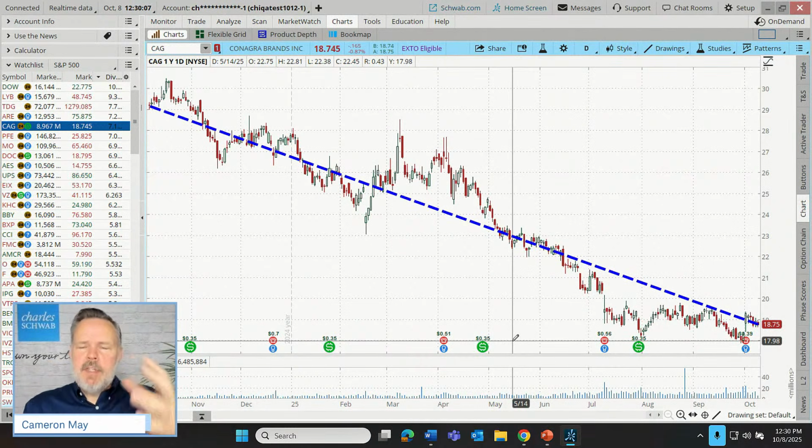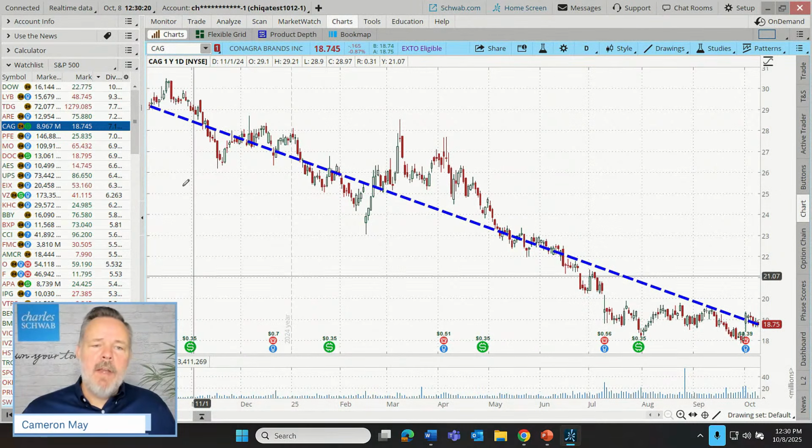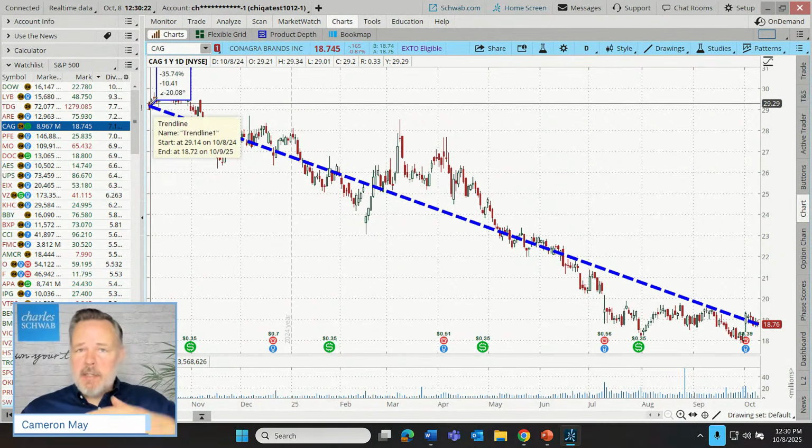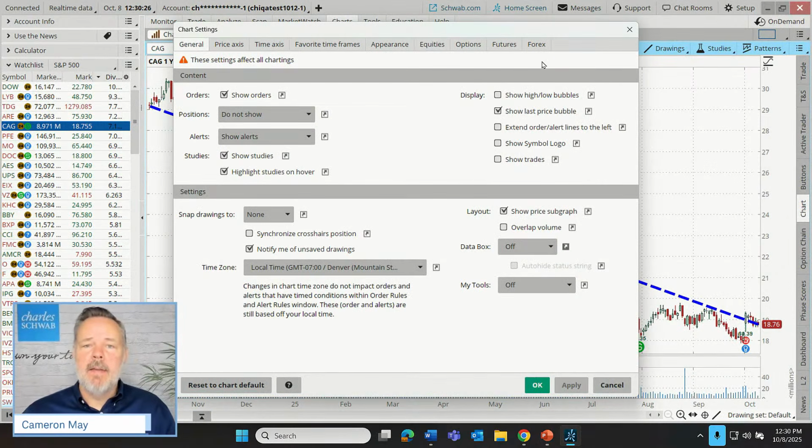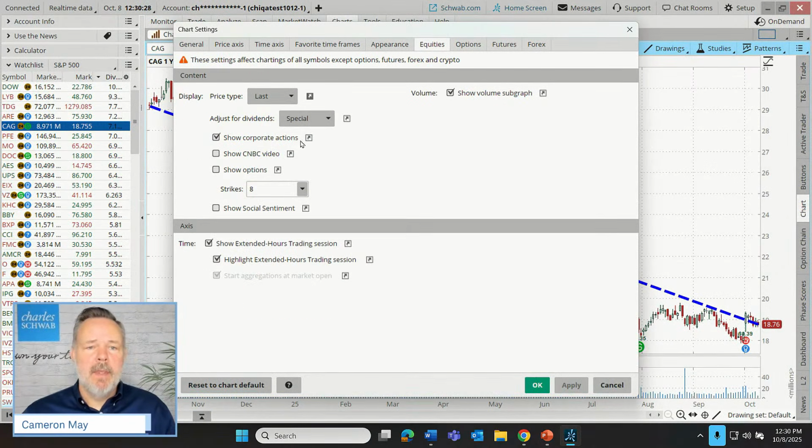Now, the shareholders actually got a value for that, but its net impact is that it makes the stock look worse. And they might say, that's not fair. I got value. It was paid to me. Well, if we want to see an adjustment for that value, that can be done here in the Equities tab, right here where it says adjust for dividends.